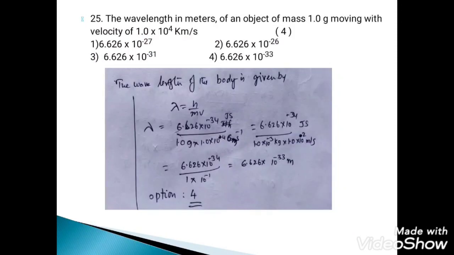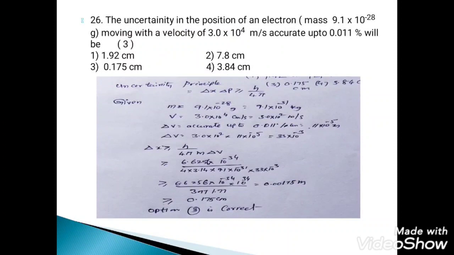If the wavelength is in meters and the object mass is 1 g moving with the velocity of 1 into 10 to the power of some kilometers per second, then just substitute in lambda is equal to h by mv, then you will get the answer 6.626 into 10 to the power minus 33. Option is 4. Next, going to the 26th, the uncertainty, here also just using the formula